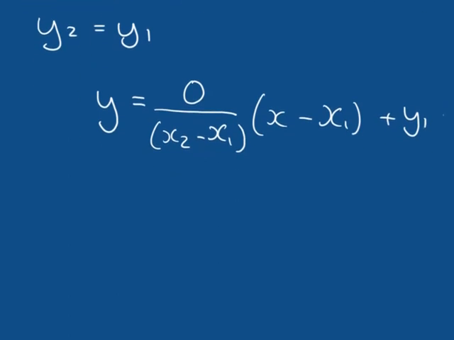Well, 0 divided by anything is 0, so this whole part becomes 0. 0 multiplied by anything becomes 0, so this entire part of the equation becomes 0, leaving us simply with y is equal to y1. So we do indeed get the correct result when we have a horizontal line. We still get y equal to some constant value. However, our other special case, where the line is perfectly vertical, we do need to be careful, because in that